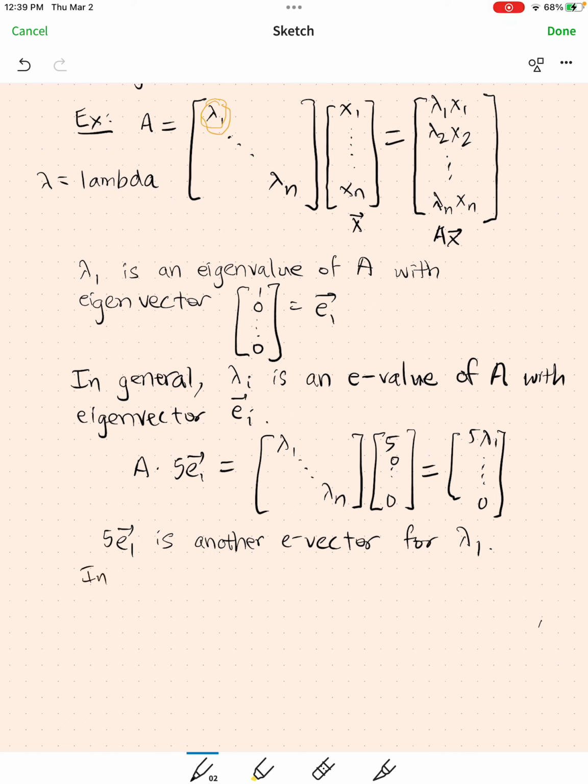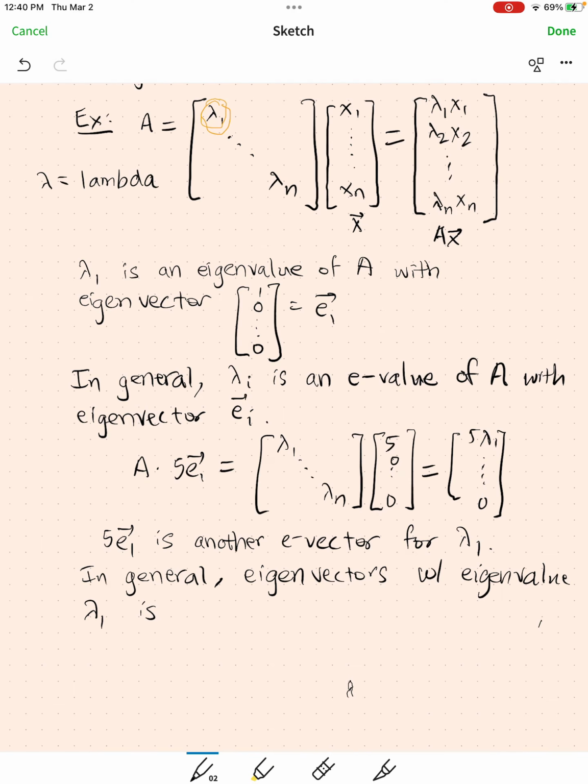In general, the eigenvectors with eigenvalue lambda 1 is the whole line spanned by e1, is the span